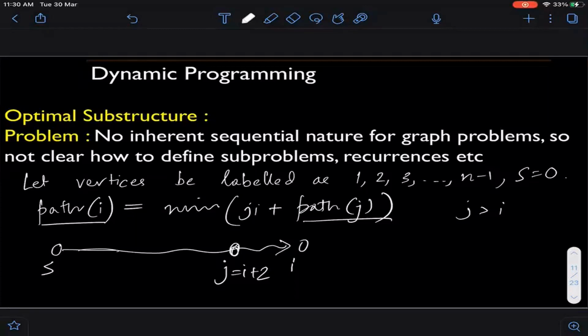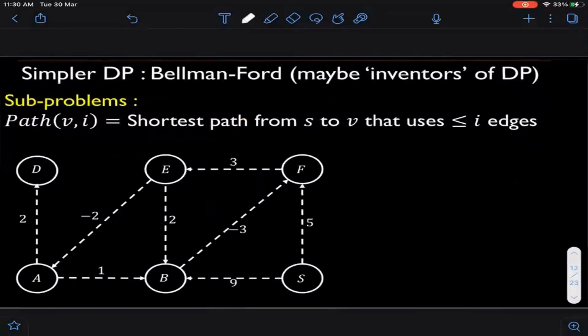And I think that's the main insight for whatever we are doing. So we are now taking a slightly different definition of a subproblem. So what is the subproblem that we are defining? And this is another example which shows that in DP, if you define the subproblem properly, then the rest will just be a slam dunk. Okay, and this is a glaring example of that.